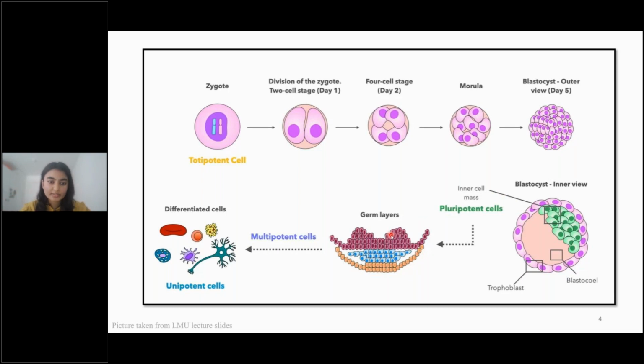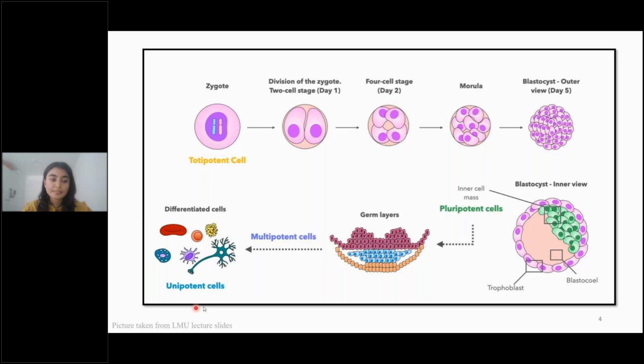And what do the germ layers make? They make the multipotent cells. What are multipotent cells? These are cells which, when differentiated, give rise to specific cell types. For example, let's say there is the hematopoietic stem cell, which is a multipotent cell. These cells give rise to the RBCs, the red blood cells. These RBCs are fully differentiated. So we call these the RBCs, or for example the T cells, the neurons, macrophages, everything.